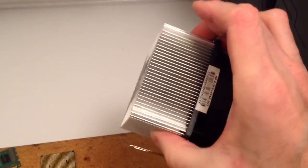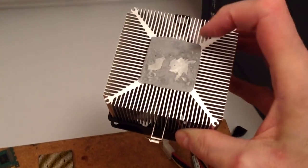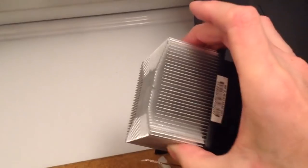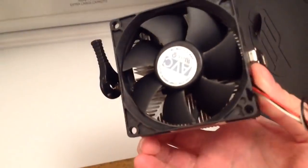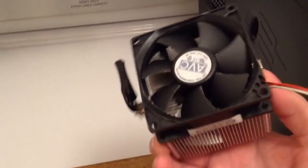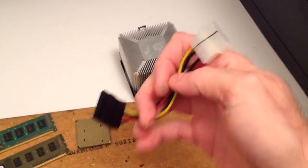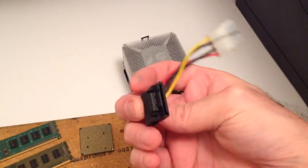Shockingly, looking at it, I was actually surprised to see how clean it was. Obviously, that's the old paste on there. But if you look at the fins and between the fins, there's hardly any dust or anything on there. And the fan itself, not bad at all. Usually, these look a lot worse when you find these old discarded computers. So, not bad. Other than that, just a couple spare cables going from your power supply to supply SATA,